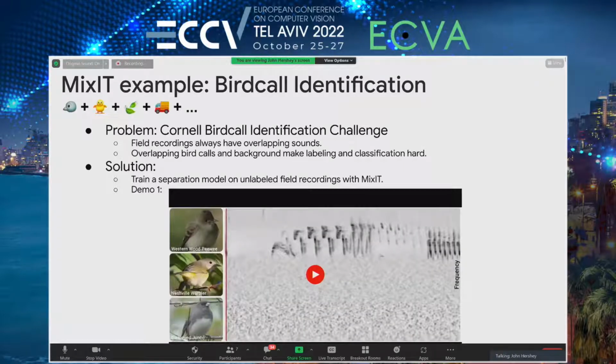So here's first an example with bird call identification, where, as I said, you have field recordings, but they always have overlapping sounds. There are no natural bird calls that are recorded in isolation. And that makes labeling them and classifying them difficult, and obviously it makes it hard to just hear individual bird calls. So we trained just a generic separation model on these unlabeled field recordings, and this is kind of what we get. So first you're going to hear the entire mixture,